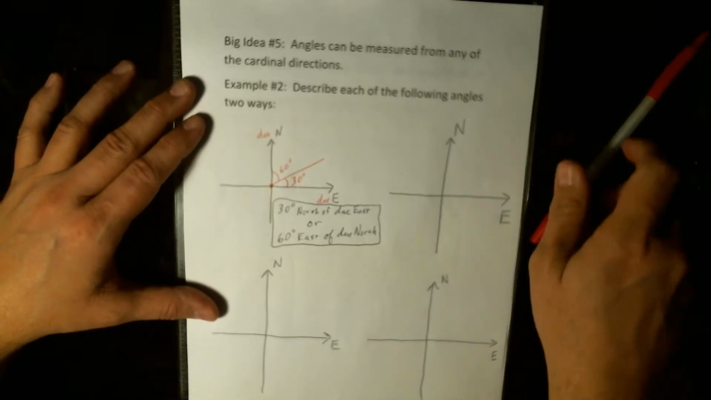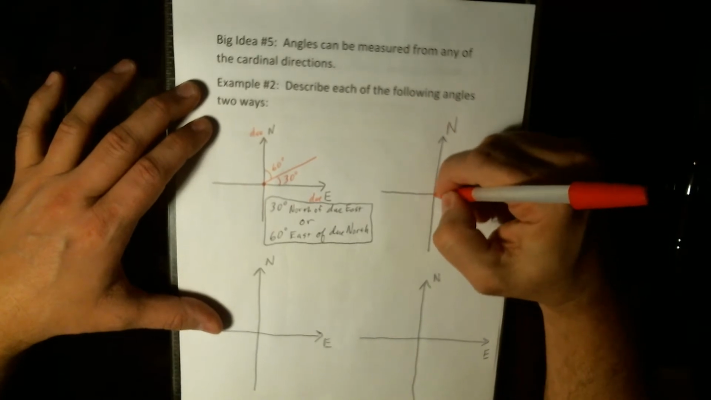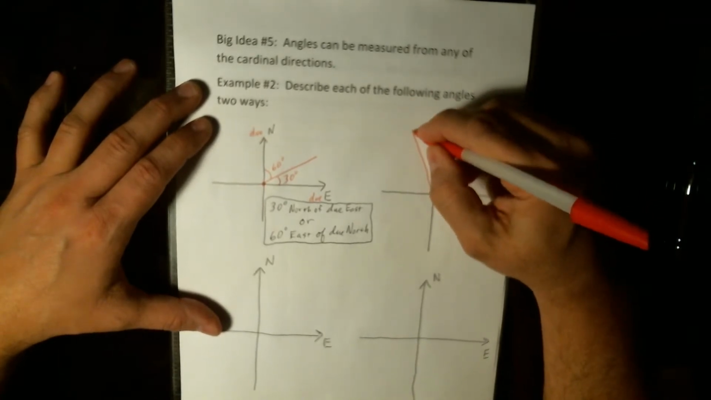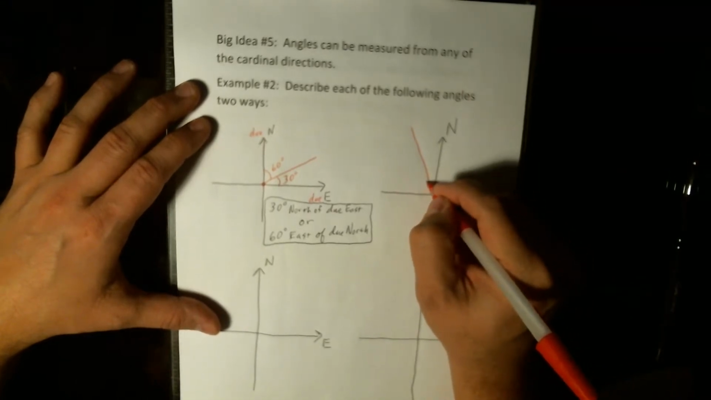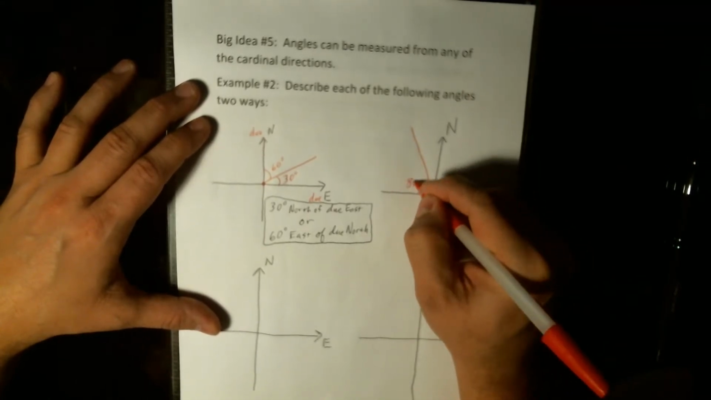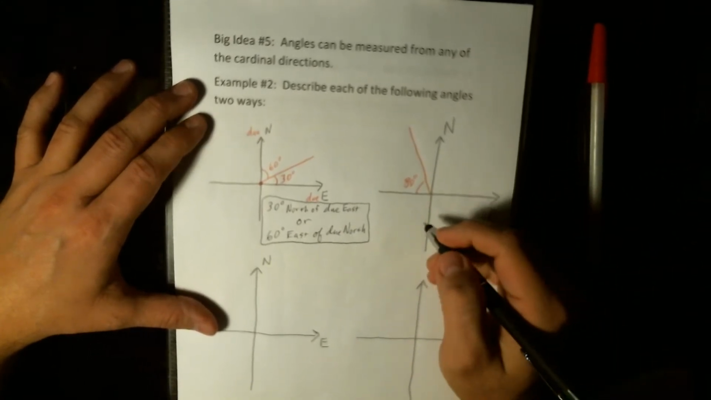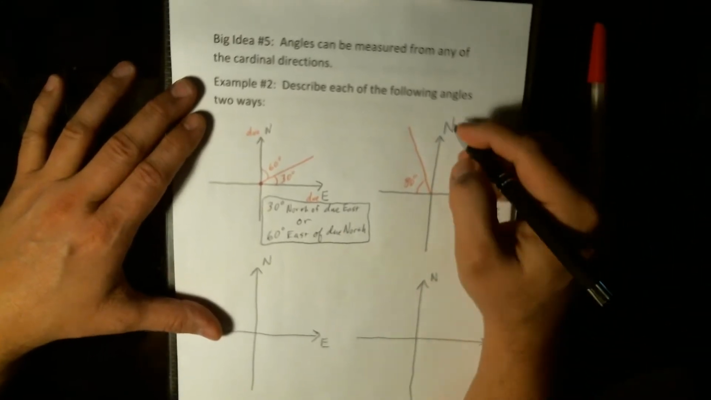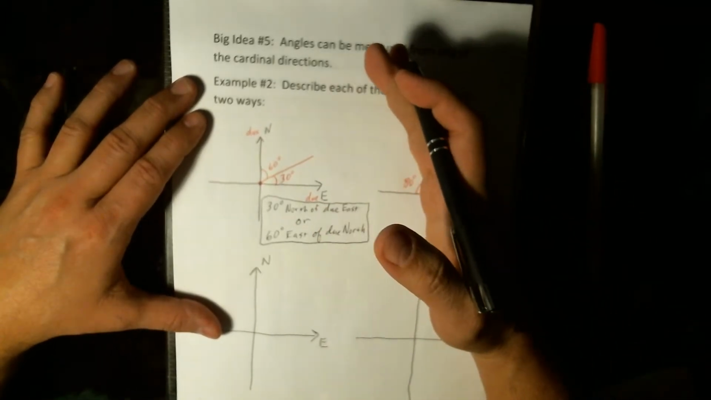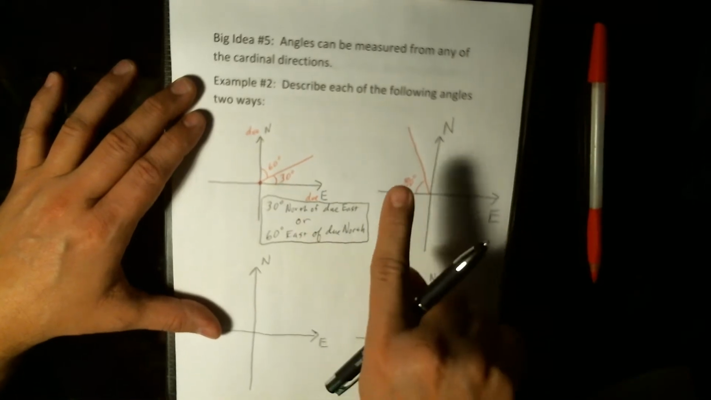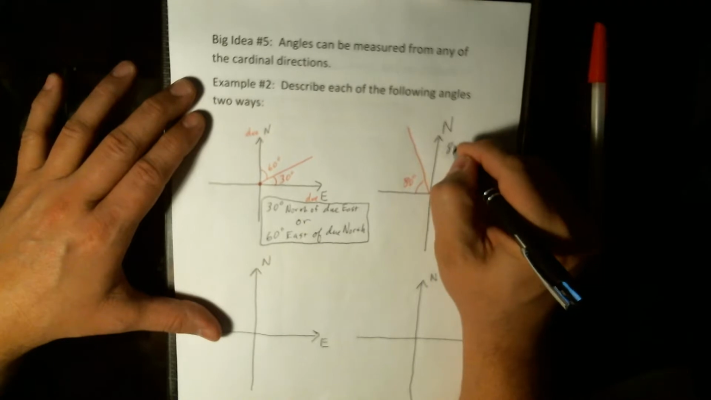Let's do another one. Let's say I had an angle that went off like this, except it's not drawn to scale, of course. And this was 80 degrees. So there are two ways I can describe this 80-degree angle. I could say that compared to due east, it's 80 degrees to the north of due east. So I could say 80 degrees north of,